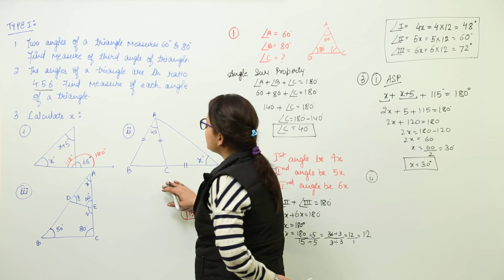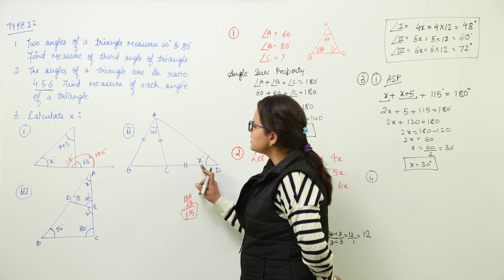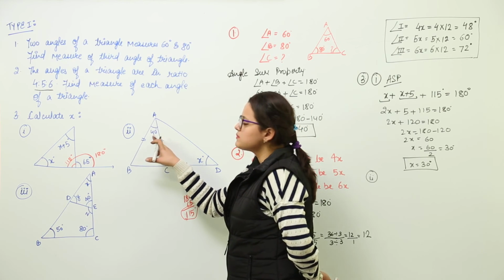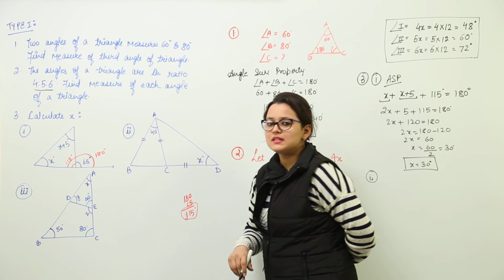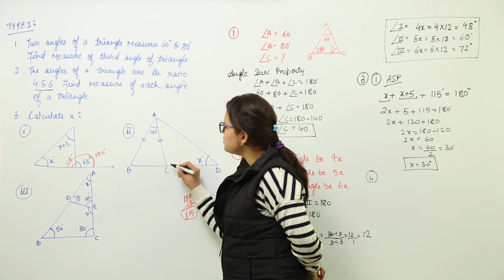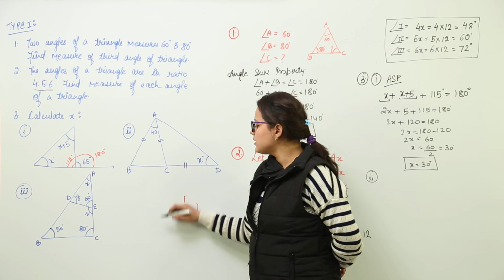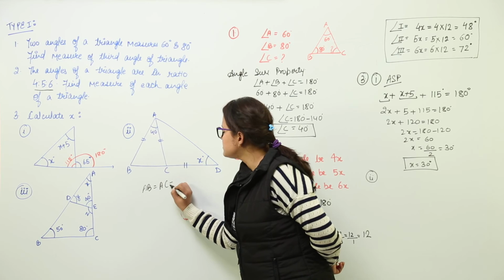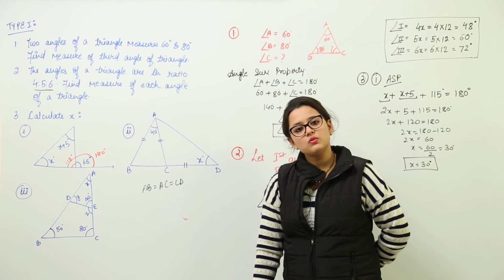For the second part, we have to find this value of x, which is represented here. For this, let us consider what has been given. Now you can see only one angle has been provided and these signs are made. So these signs represent that these sides are equal. So we can say AB is equal to AC and AC is also equal to CD. So we can say over here that the side AB is equal to AC is equal to CD. That means all the three sides of this triangle are equal to each other.